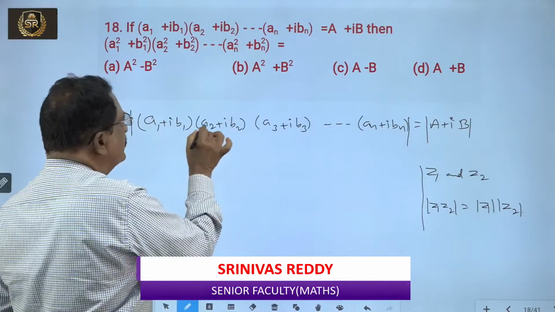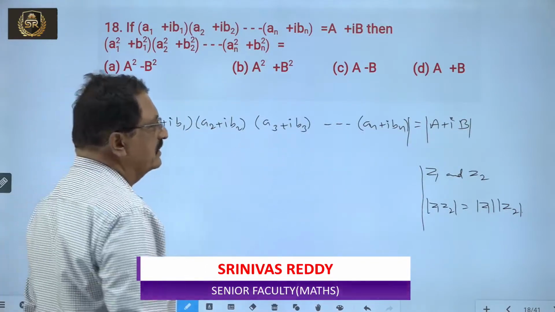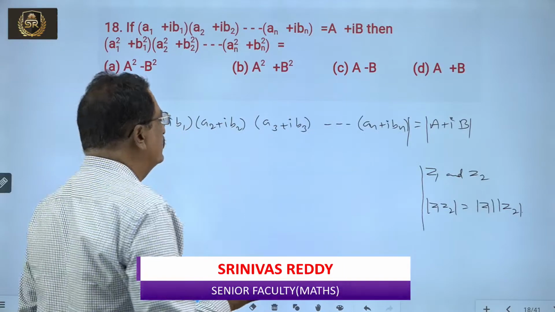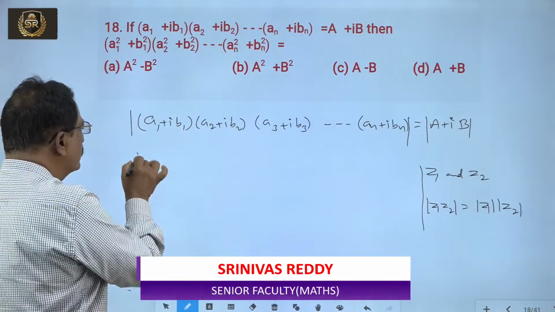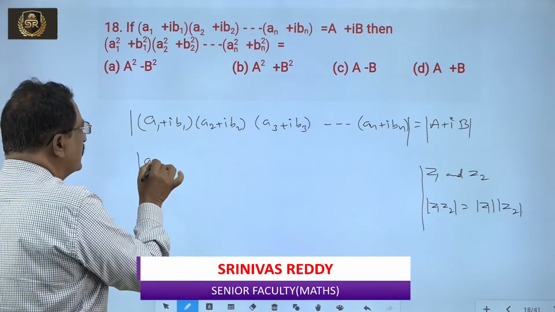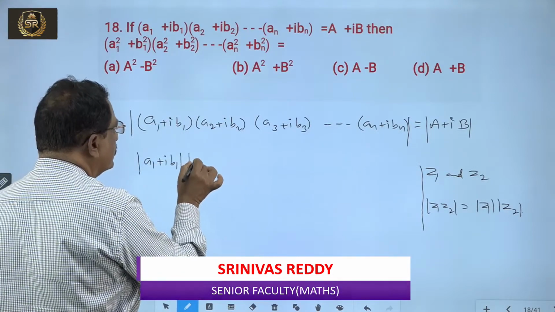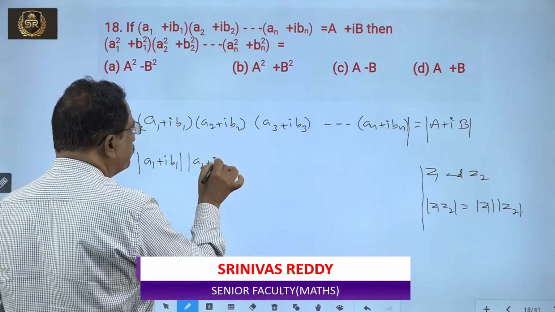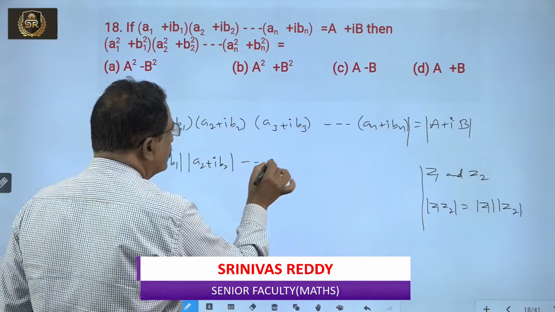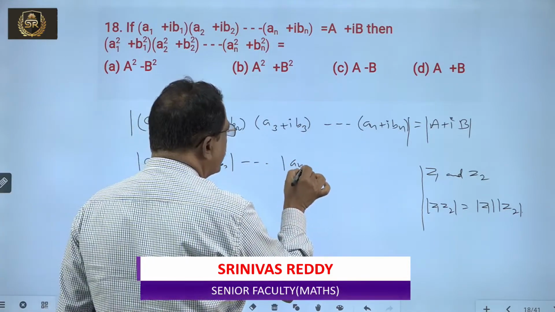Mod of z1 z2 z3 up to zn equals mod z1, mod z2, mod z3 and so on. That equals mod of a1 + ib1, mod of a2 + ib2, and so on, mod of an + ibn,